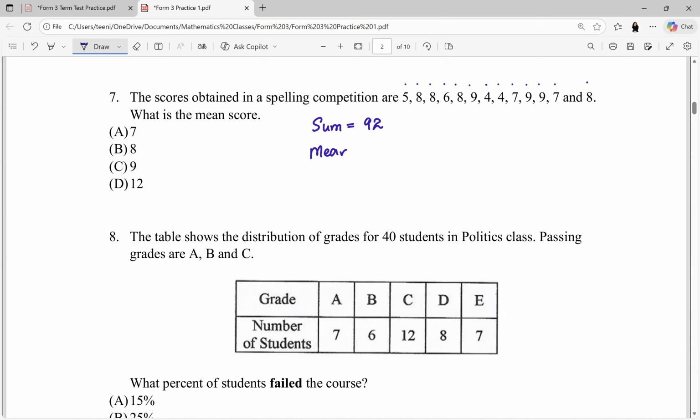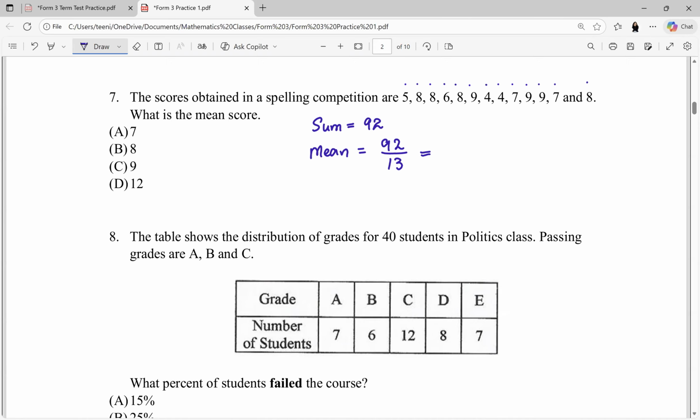Matthias, what did you get as the sum? Sophia, you got 92 as the sum? Yeah, I think I made a mistake somewhere. Okay. What about you, Matthias? Did you get 92 as the sum? Yeah, miss. Okay. And then 92 divided by 13 is actually